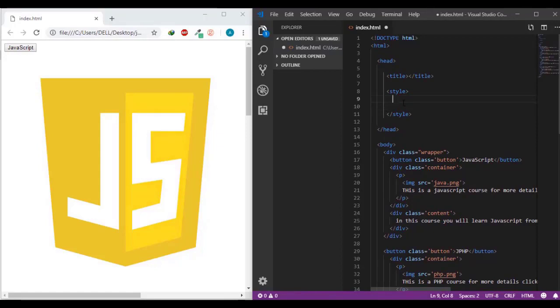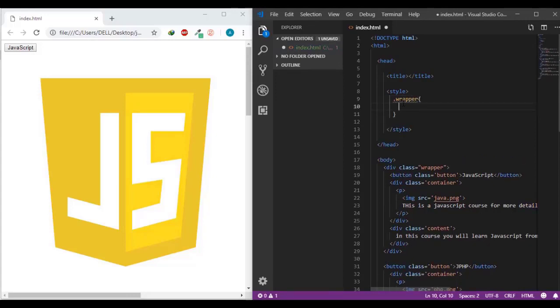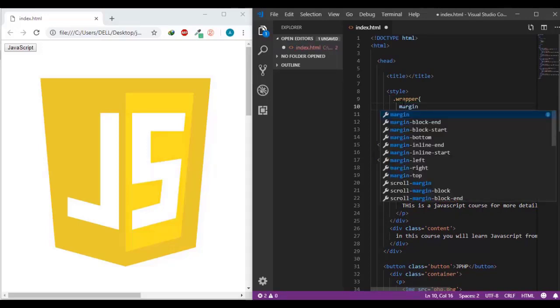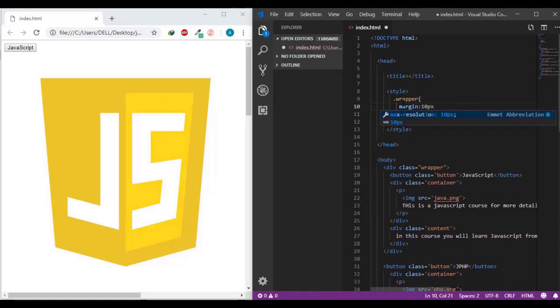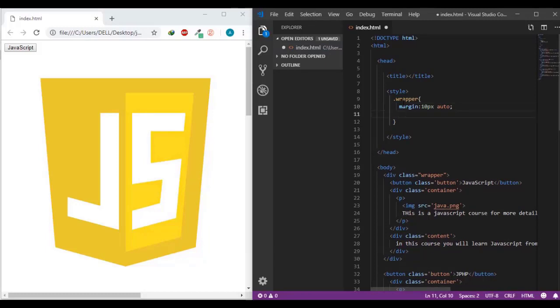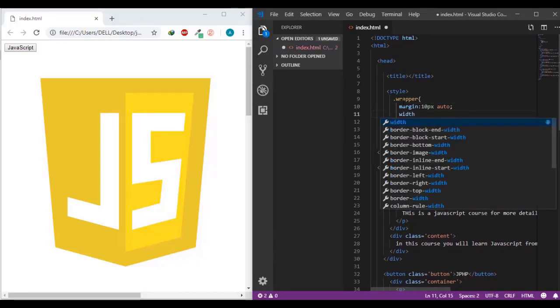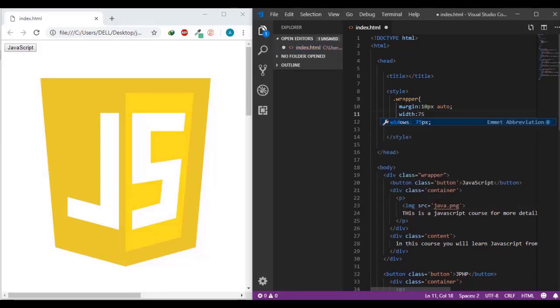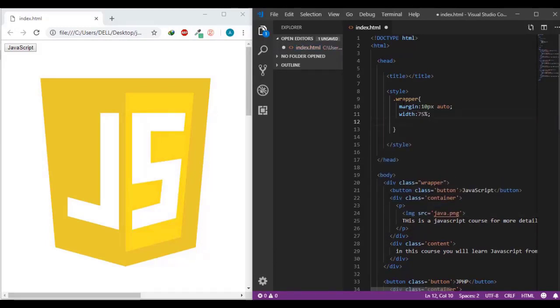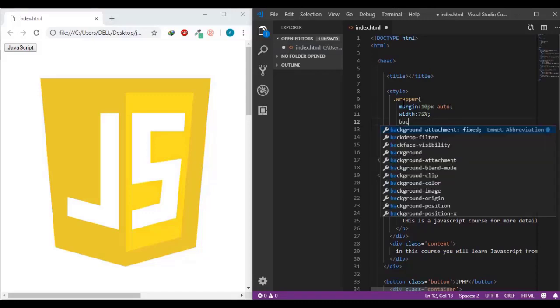So let me start with the wrap division, that wrapper. Feel free to add your own style. So I will make margin 10 pixels from top and bottom, and auto to be in the center of the page from right and left. Then to change the width, be 75%, and then make a background